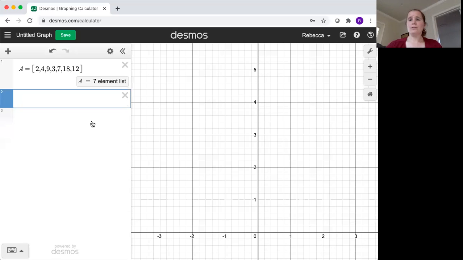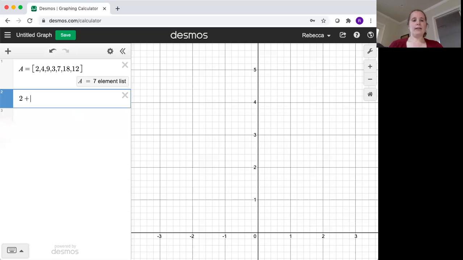We can do all sorts of things with this list. We can do calculations. Specifically with the list, I will just show you as we get to those things. We'll have a video for a histogram coming right up soon. Anytime you want to type in a new calculation, just click in the next box. So under this list, I just click down and I can put in whatever I want.